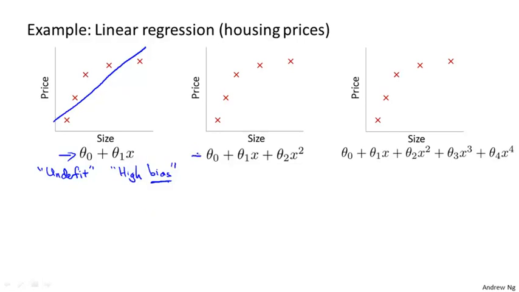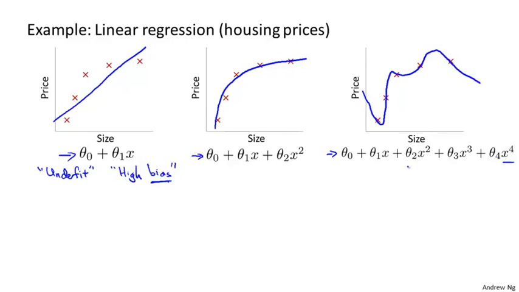Now, in the middle, we could fit a quadratic function to the data, and with this data set, maybe we get that kind of curve, and that works pretty well. And at the other extreme would be if we were to fit, say, a fourth order polynomial to the data. So here we have 5 parameters, theta 0 through theta 4, and with that, we can actually fit a curve that passes through all 5 of our training examples. We might get a curve that looks like this,